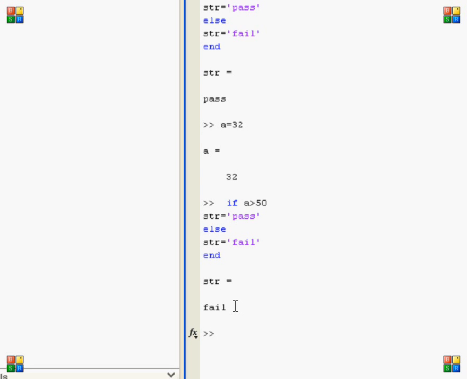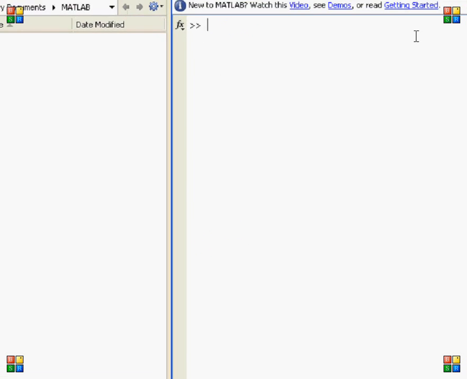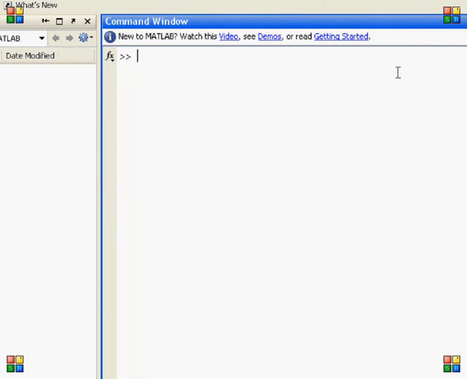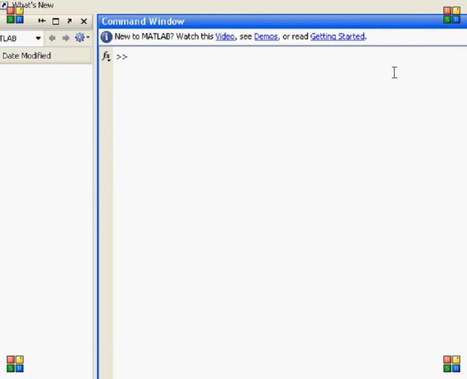That is a condition. I made a condition on A. If A value is greater than 50, then I pass. Otherwise, I fail. So that was about conditions. Now I am going to switch to loops. If you want to execute something for a specific interval of time or on a condition basis, then we use loops. So now I'm creating a variable a equal to 1.